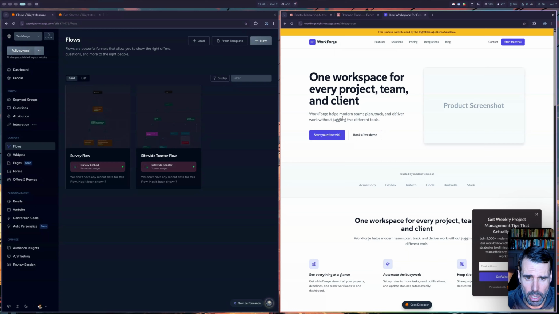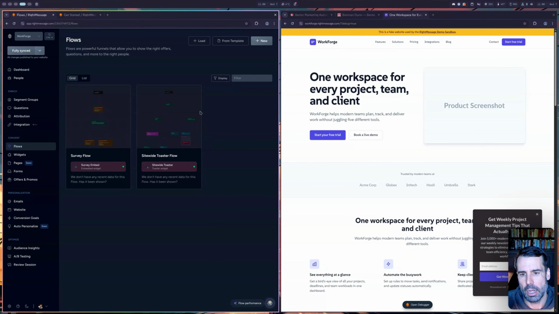So you're probably pretty familiar with Bento's flows. RightMessage also has the concept of flows, but the difference is RightMessage flows are on-site funnels that operate at the page view level. So if somebody visits your homepage, you could say, if they're already a customer, let's show this. If they're not a customer, show that. And if they viewed our pricing page, maybe show a message mentioning that they viewed our pricing page and that they should go back and sign up. Simply put, we've built a very nice visual tool for mapping out who should be offered what and when on